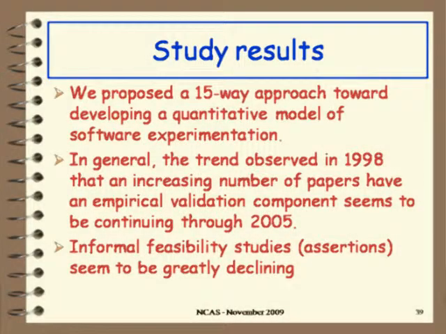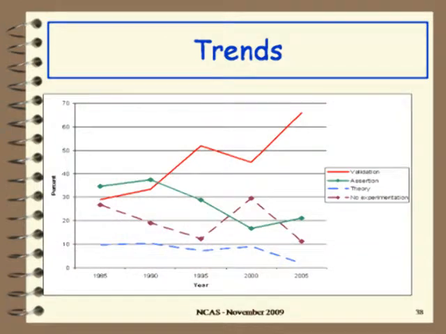So summarizing this study, we developed a 15-way approach towards classifying quantitative models. And in general, the trends observed in 1998 seem to be consistent through 2005. In informal feasibility studies, the assertions seem to be greatly declining. When I wrote this up about 2 or 3 years ago, the original paper appeared in 1998 in IEEE Computer